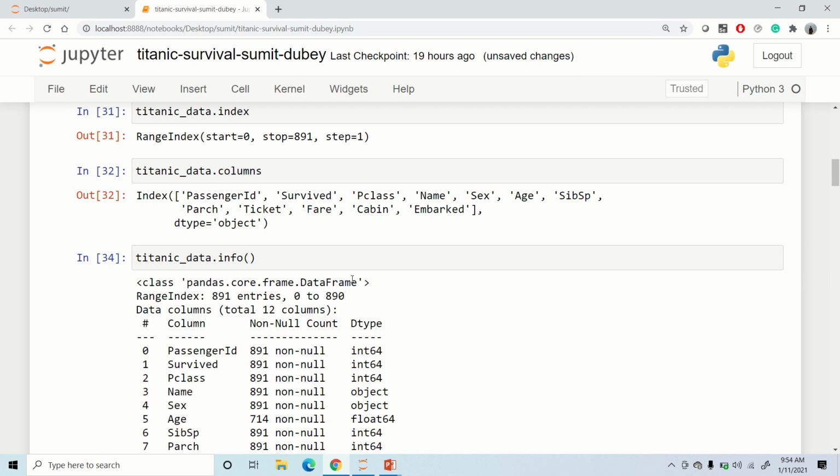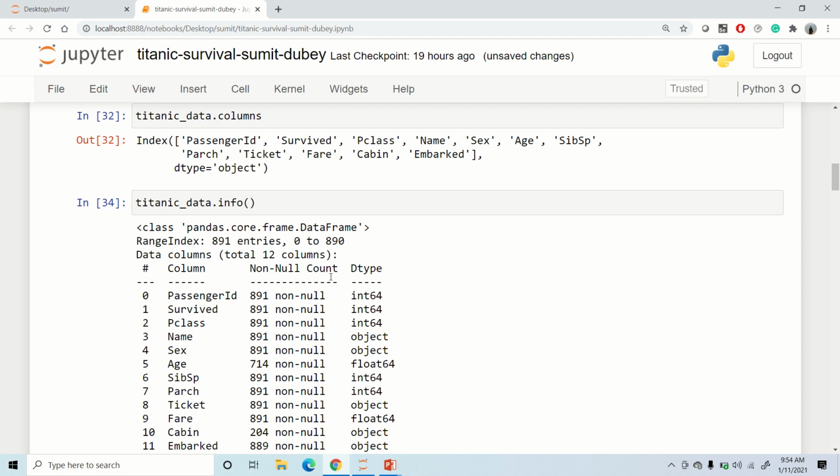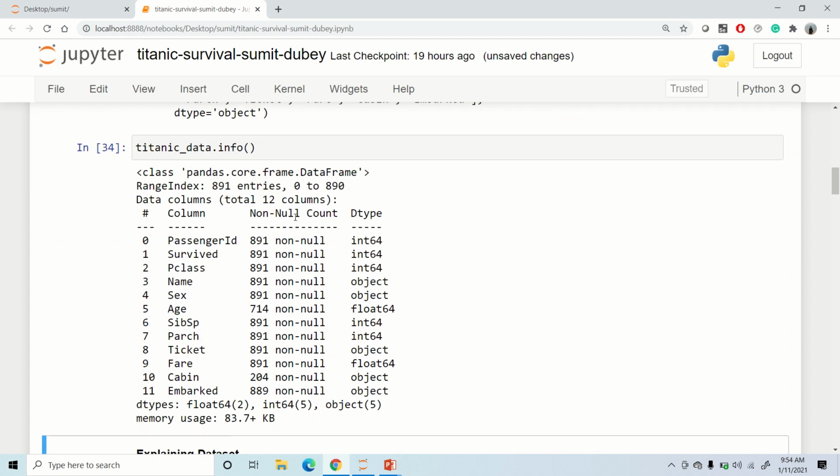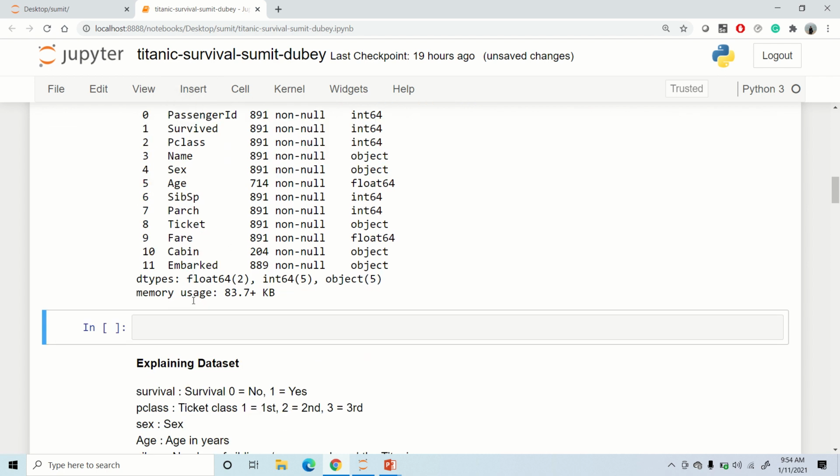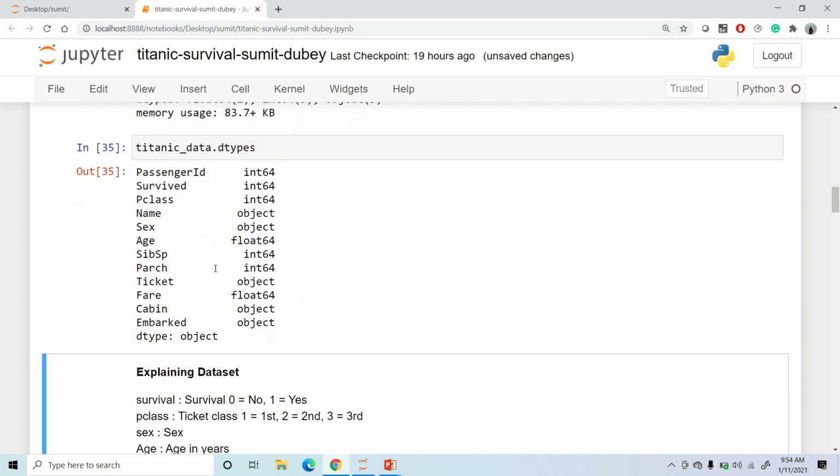Run that, you'll get information about the different columns, the non-null count here, and the data type of that column. If you just want to know only the data type of the column, then you can say Titanic data dot dtypes, and that would give you the data type of the column.